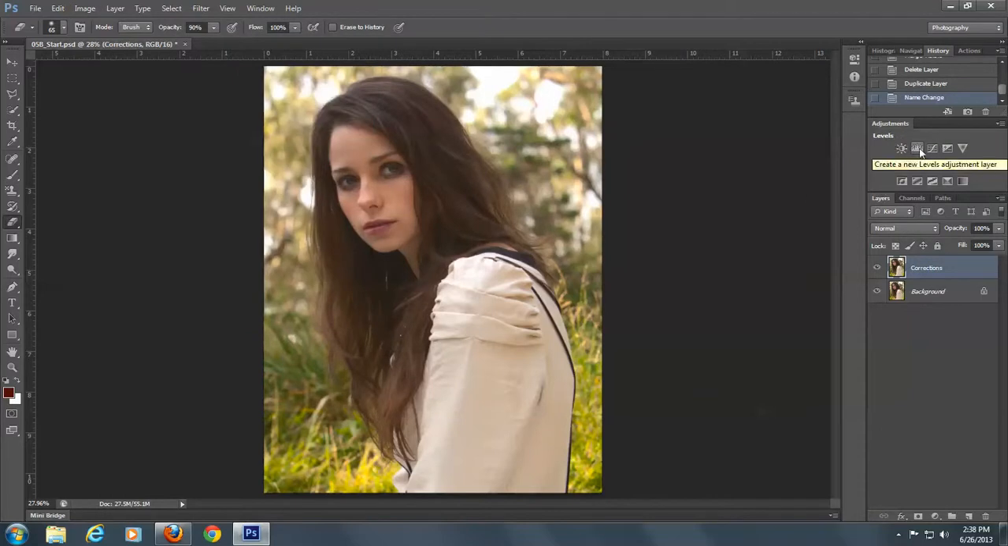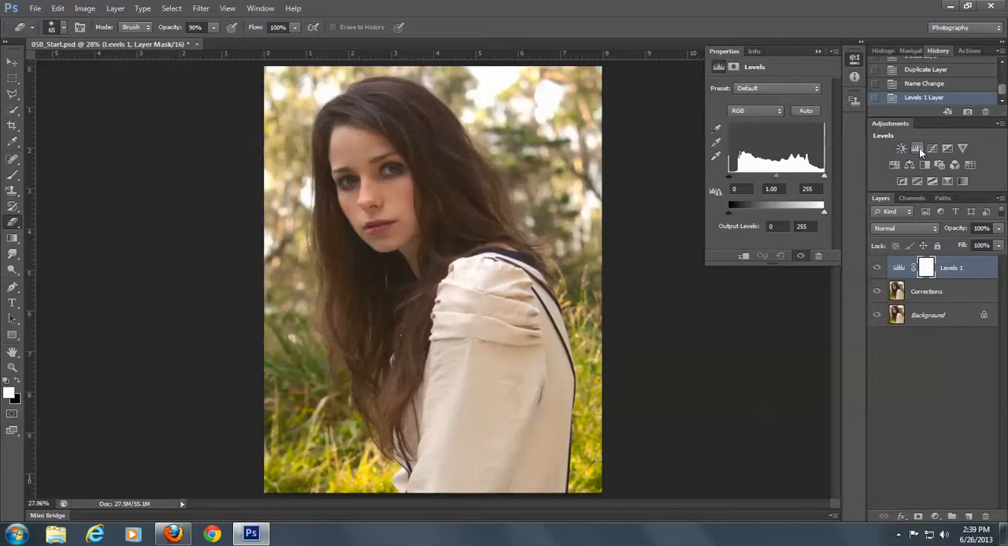The advantage to an adjustment layer is if you don't like the way it looks, you just delete the layer. So here we go. We click on that and this panel comes up. Now this little dark arrow here indicates the shadows. The white one indicates the highlights, and the one in the middle is the midtones. Now, you see how this is kind of flat,